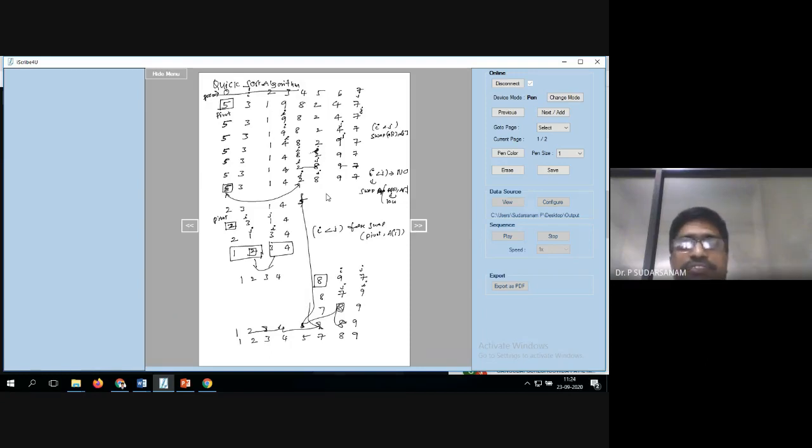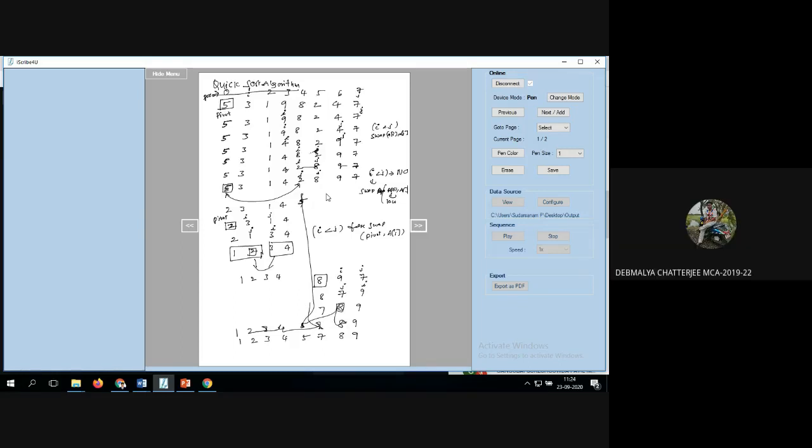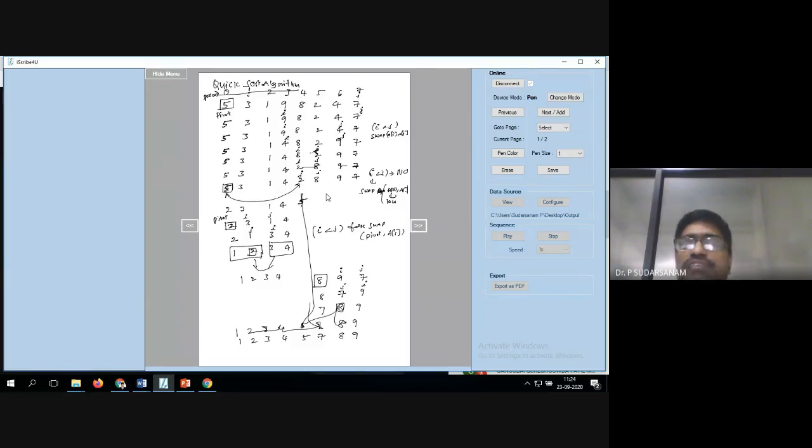Now, any doubt? No, sir. Quick sort? Other people? No, sir. This is the same example only; now we have to implement the code. So whatever you understood, the less than and greater than symbols, the same code. How you made the partition, how you made the pivot element 5 here, the same one you have to write as one function. Merge is nothing but, when you are doing this, you have to write one more function. How you are sorting this, I'll tell you next week in the laboratory class. There you will learn how to write the code. Tomorrow I will explain the functions only, this is the way of doing the functions.